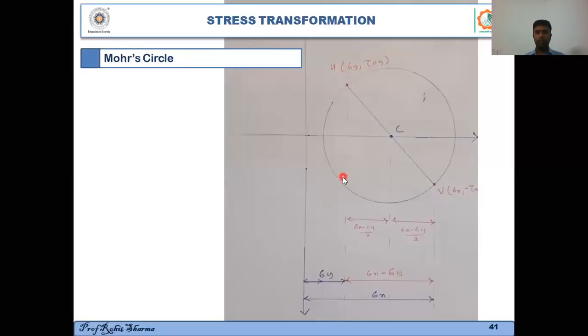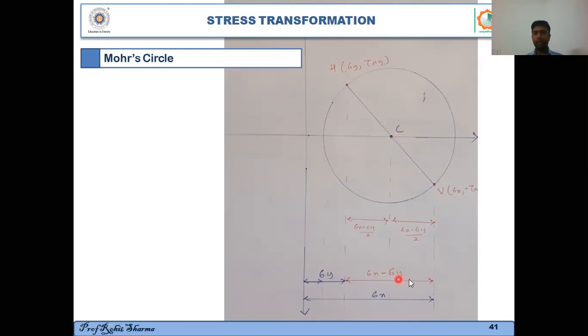So this is the circle. Now consider this. This is my origin, right? And if I take the distance of this point to this point along this axis, this distance is what? Sigma y, right? So this distance is nothing but sigma y. Similarly, if I take the distance of point V from this axis along the horizontal axis, then that distance will be sigma x. So this distance is sigma y, this distance is sigma x, and so the distance between these two points, or the distance between point H and point V measured along the horizontal axis,